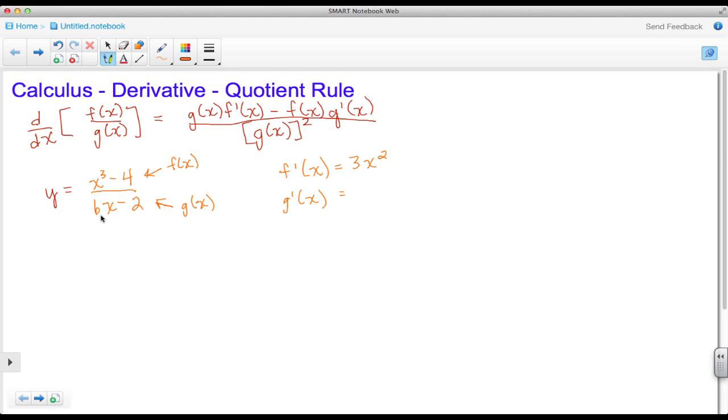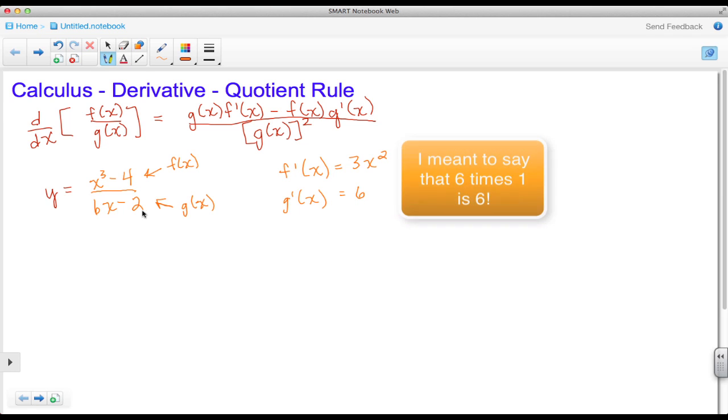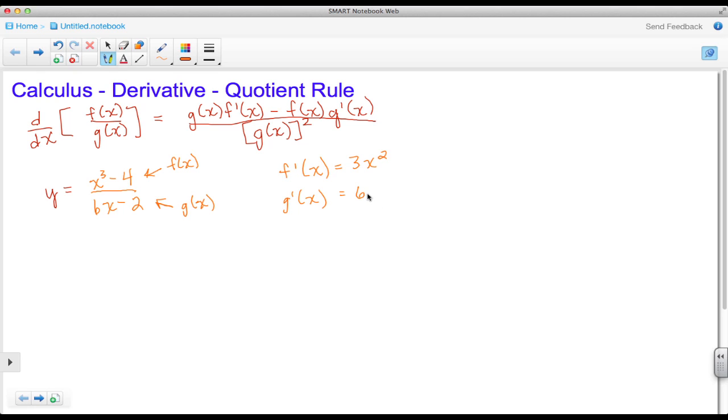We're going to look at the first term, which is 6x. I'm going to keep my constant of 6, and I know this x has a power of 1, which I bring to the front, so 6 times 1 is still going to give me 6. And when I decrement this power from 1 to 0, I know x to the 0 is in fact 1, so 6 times 1 would just be 6. Then I get to this constant negative 2. When I take the derivative of this negative 2, I know that is also 0, so I'm not going to write that.